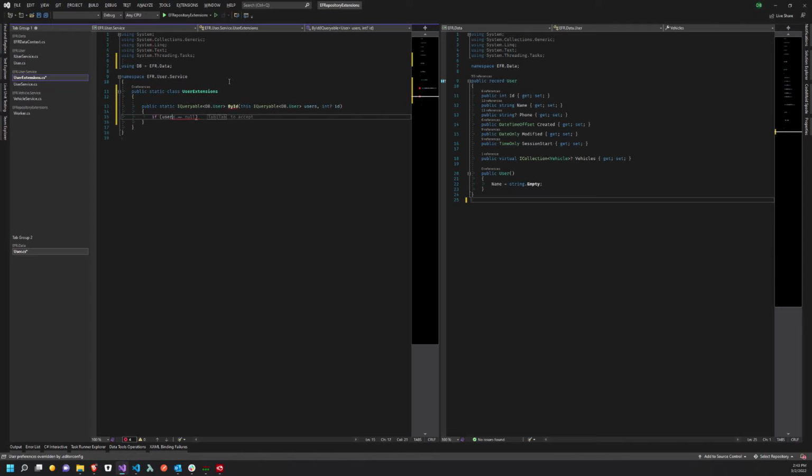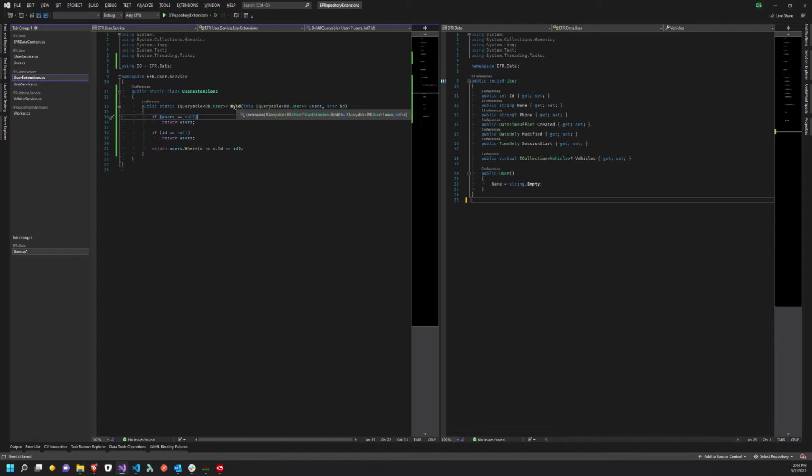First, I want to check to see if users is null. If it is, then go ahead and just return users because we're not going to do any work on it. If ID is null, then also go ahead and return users. Otherwise, return our filtered query. And I should have this be nullable and that be nullable. All right, so a little bit of time, not honestly a ton of effort,